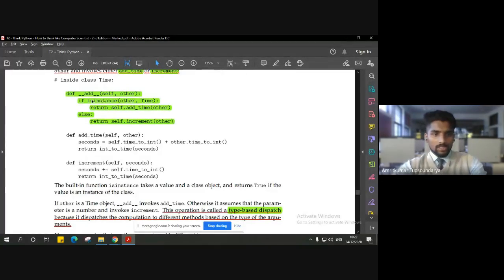It is taking some decisions here in order to select whether to dispatch the value to the method add time or dispatch it to the method increment, right? So it dispatches this computation to these two different methods. In this case, we have two methods, that is add time and increment, based on the type that we check here, right? Type of the argument,